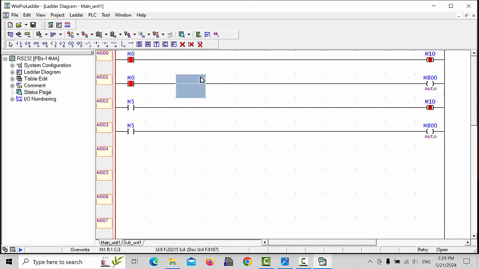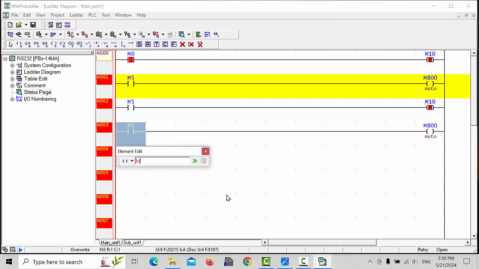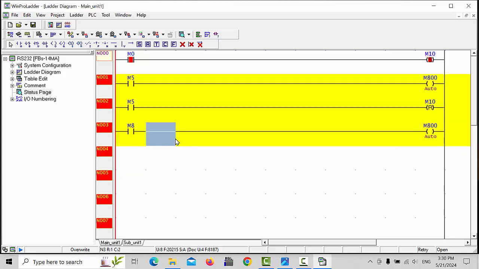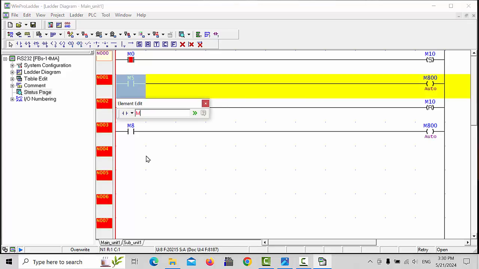Because we are using the same bit inside, we have to change that one. I will change this one to M5 for example, and this one I will choose M8, and see, in the meantime when I make it on this also M5, because this M5 has to be reset for this one. This one we will choose M7,